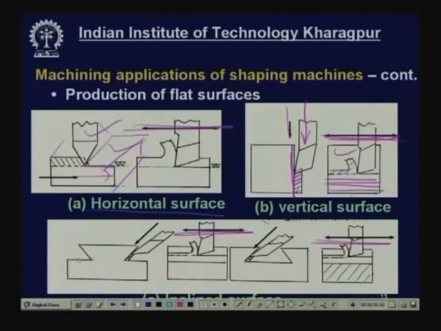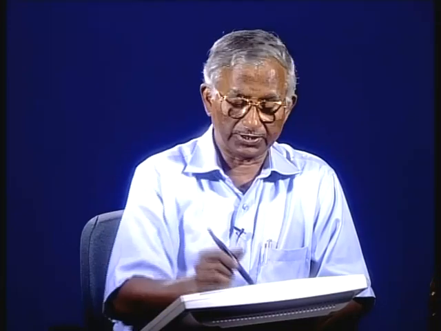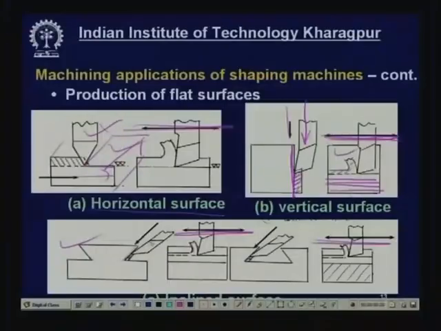Here you see this is a dovetail guide, we want to make this surface. So, the cutting tool has to be held not in a vertical position, but in an inclined position. So, this swiveling is possible in shaping machine. Now, this will reciprocate forward and backward. This cutting tool is held with a little inclination, this is called clearance angle and a rake angle has to be there, and then this has to be moved along this surface, that is called feed motion,